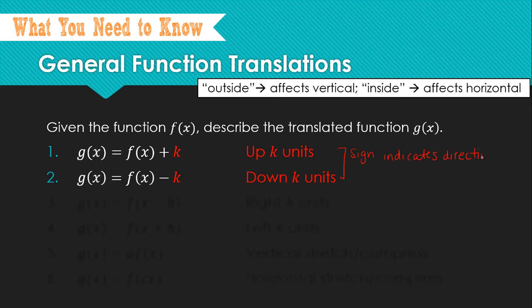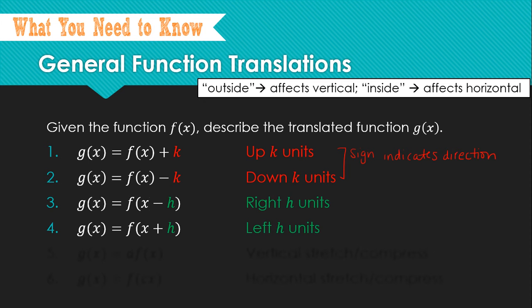If you're in my class, I talk about Hank and Kelly for H and K, and we talk about how Kelly tells the truth. As opposed to Hank, Hank likes to lie because if you notice here, we're now inside the function. We're adding and subtracting H from the X in the function, and we move right or left here. But if you'll notice, if I have a minus H, that would typically indicate we're moving in the negative direction, which would be left, but it's actually in the positive direction. So the sign is